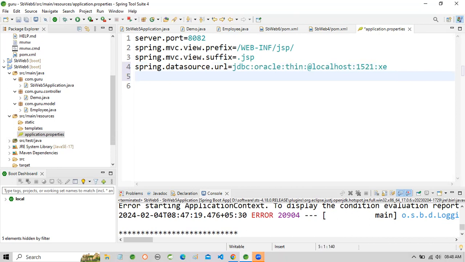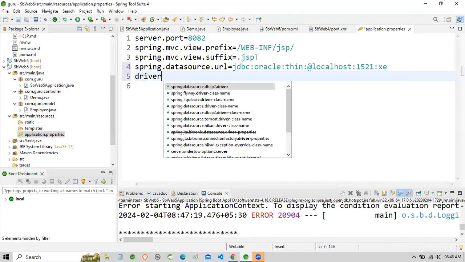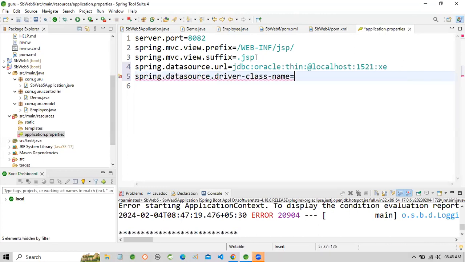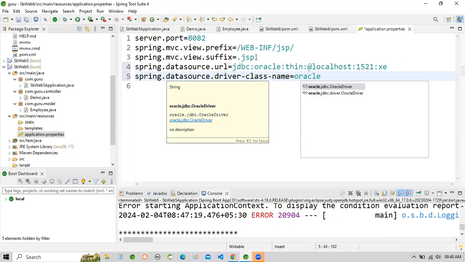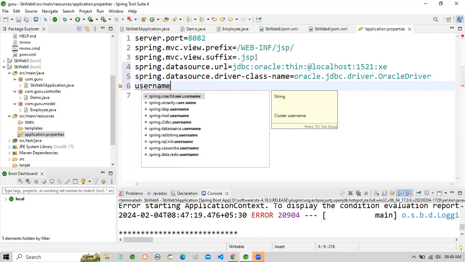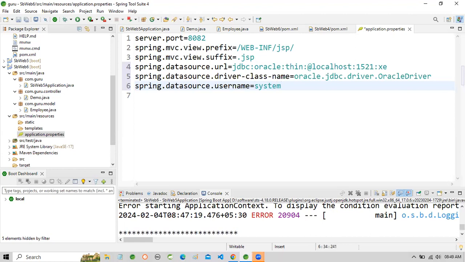Same as we need a driver class. So for the driver class, spring.datasource.driver-class-name is oracle.jdbc.driver.OracleDriver. Okay, you can add any one. I am adding this. After that, suppose we want to use a username. So spring.datasource.username. Okay, by default the username is system. Then password